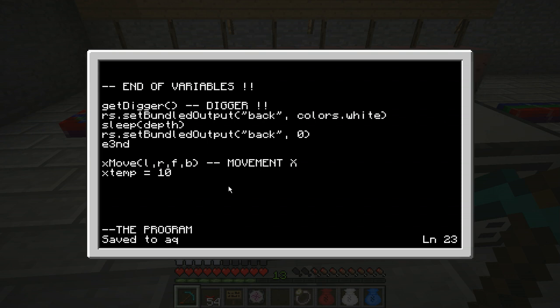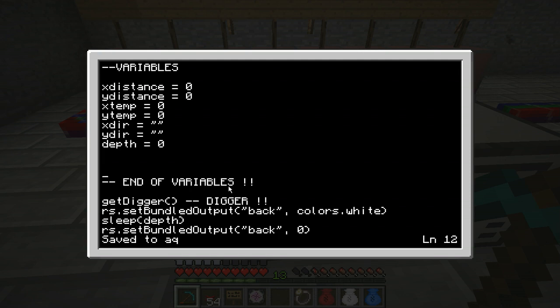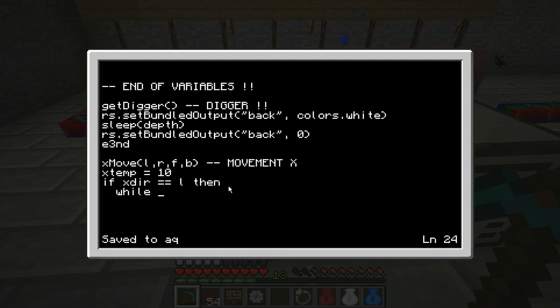So we want this to run. Let's make, for the first direction here, if x direction equals left, then. So if the user puts in left, I did a tab there to make the code look a bit nicer. Then we want to run, so this is if you write left. What happens when you write left then? We want to do a while thing here. Let's see here, while, what did we do? X distance. So this is about X. While X distance is equal,